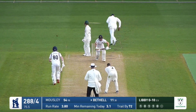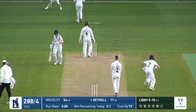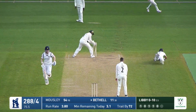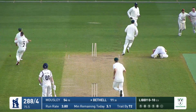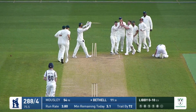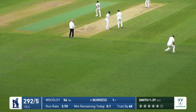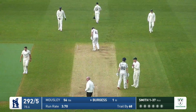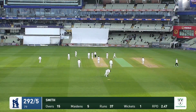He goes for the sweep. He got a bit of a top edge, but it went over the keeper Roderick's right shoulder. And they're coming back for a second, and it's been given out. Can you believe it? Came back for the return run to Bethel, went for the dive. Went for the Yorker. But all Burgess can do is play it out to Joe Leach at mid-on. And that completes